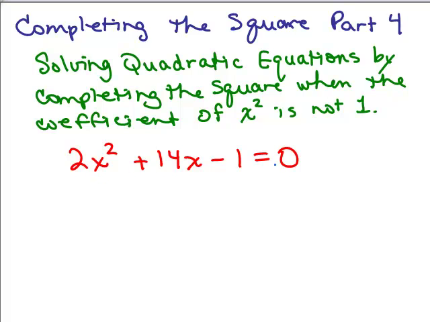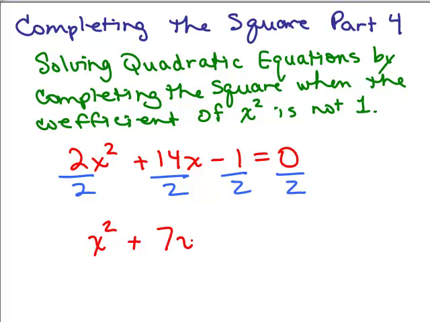Since this is an equation, what could we do to make that coefficient 1? Well, we could divide by the coefficient of x squared. So if we divide both sides by 2, that just means we're dividing all terms on both sides of the equation by 2. Now if this was not an equation, you couldn't do this, right? This is one of the properties of equations. So that now gives us x squared plus, now 4 over 2 is 2, so